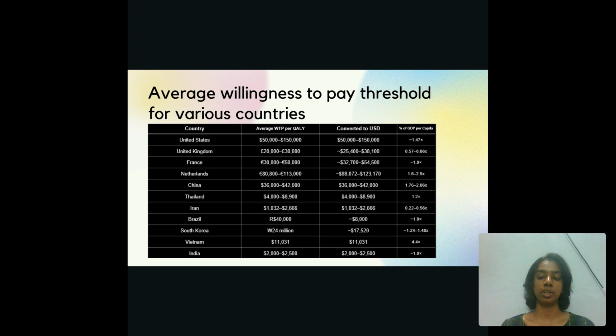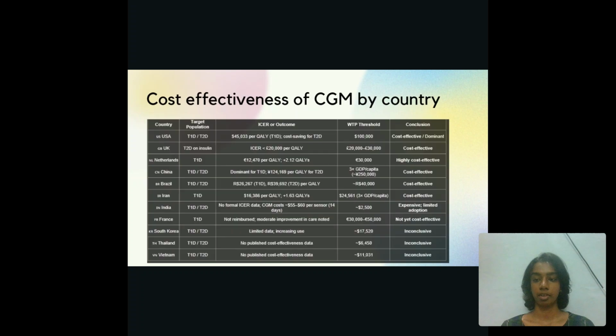High income countries usually have a higher threshold, supporting the adoption of advanced technologies like CGM. When you look at this, you can see that the United States and United Kingdom are on the top rung of the ladder, and these countries usually support the adoption of CGM. However, in contrast, lower income countries like India, where we did the study, may operate with stricter financial limits, influencing decisions in favor of more affordable tools like FGM.